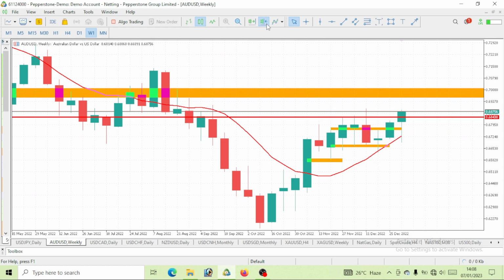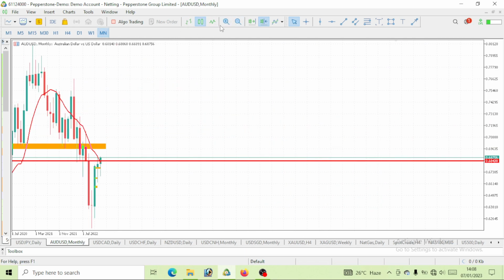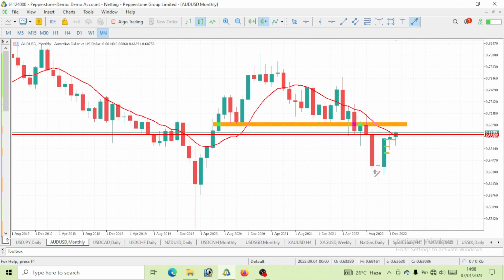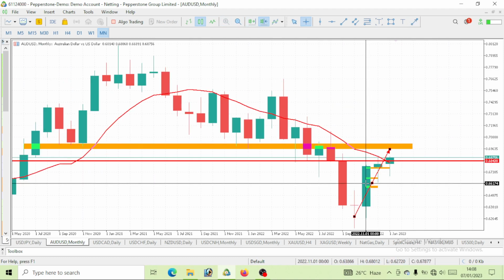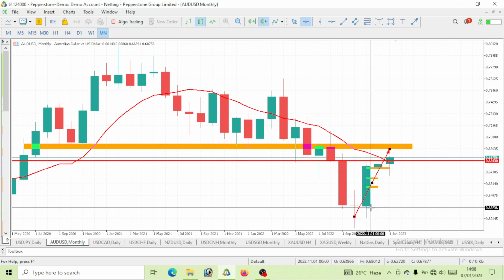That should take us to the weekly time frame. You can see on the weekly time frame this is kind of a bullish, uptrend move, right, which is on the pullback level on the monthly time frame. So when you take a look at the monthly time frame, you see this is a pullback level, right? This bullish move literally started around November. You can see the month of November,